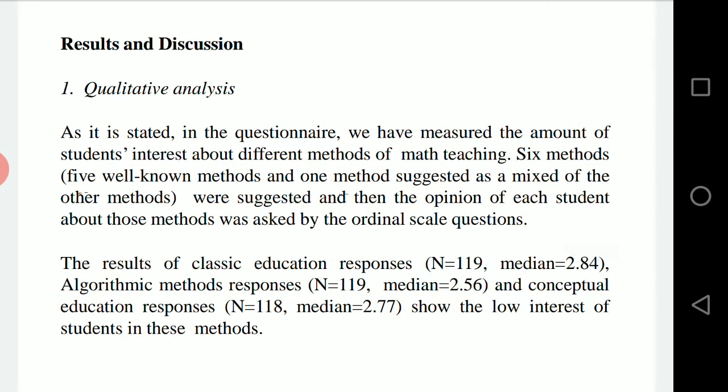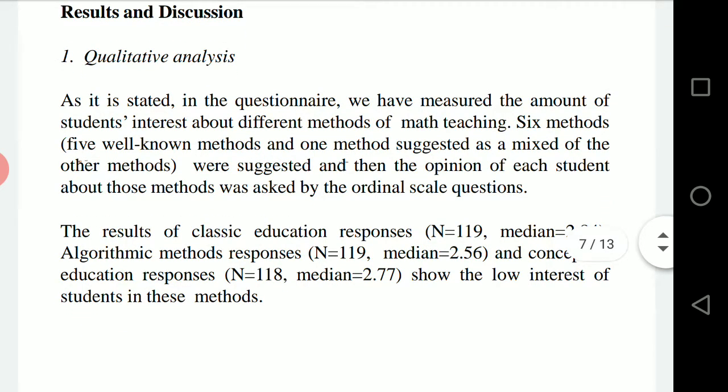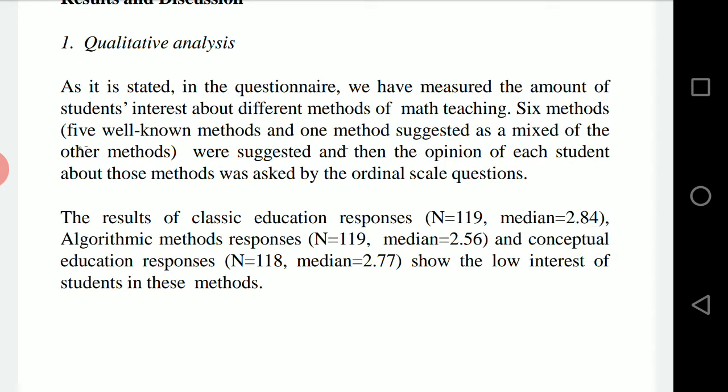Results and discussion. First, qualitative analysis. As stated in the questionnaire, we measured the amount of students' interest in different methods of math teaching. Six methods, 5 well-known methods and 1 method suggested as a mix of the other methods, were proposed, and then the opinion of each student about those methods was asked by ordinal scale questions.